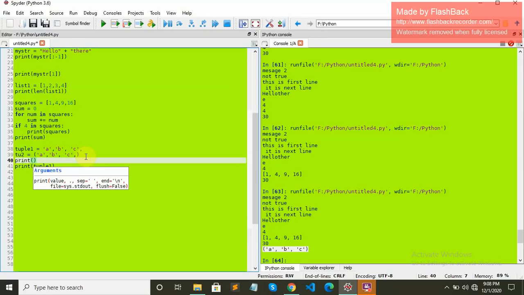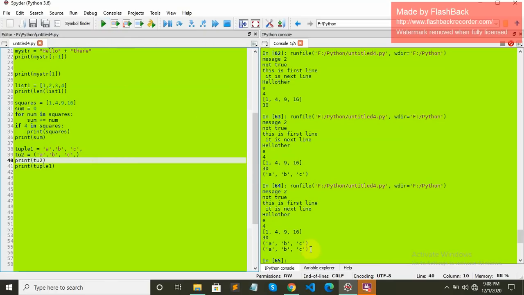You can easily see the length, but if you just write commas and other things like single quotes, it becomes kind of messy. So let's print. Output should be the same. You can see they both have the same output. Even though it is not necessary to include parentheses, it is more visible this way.